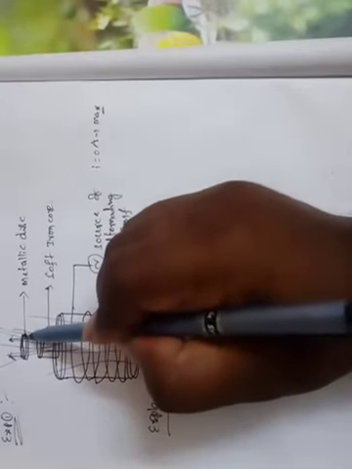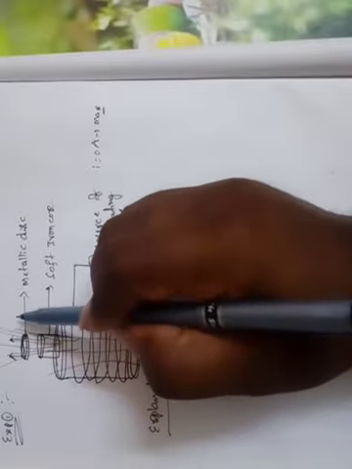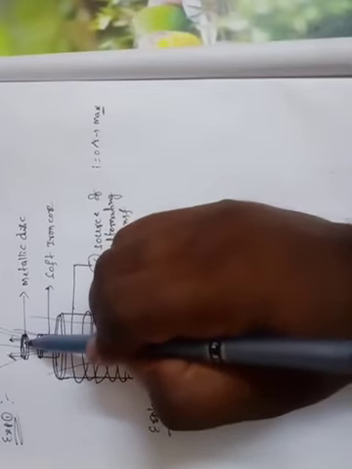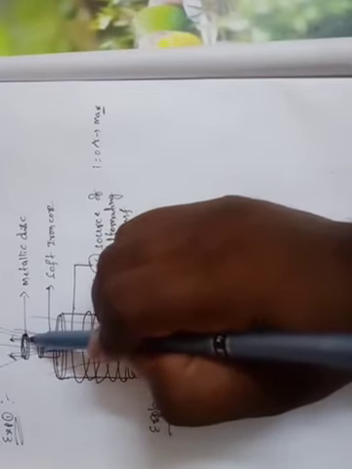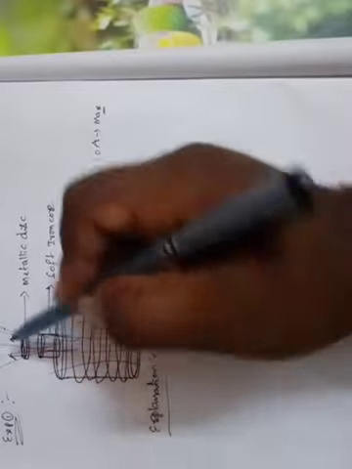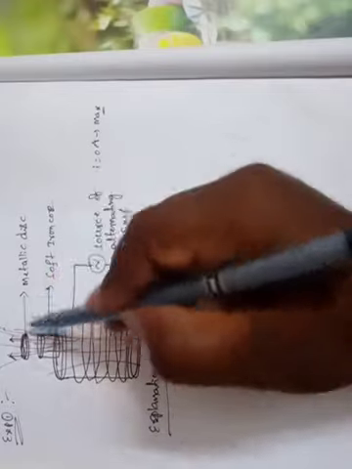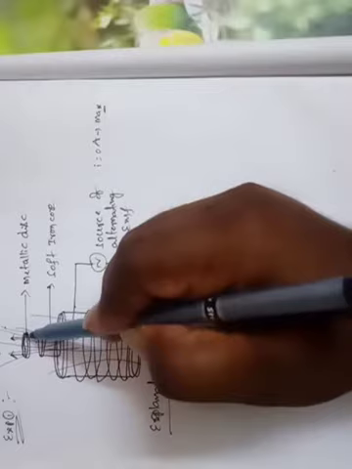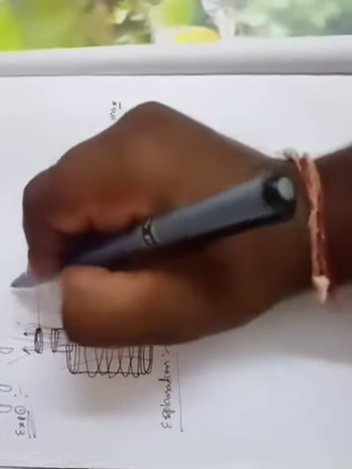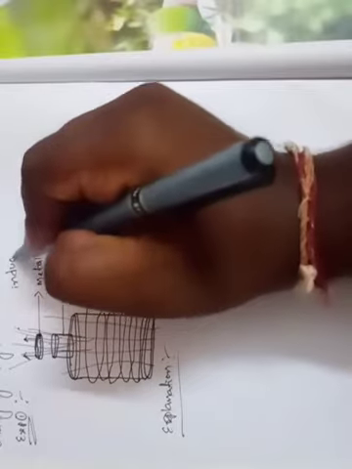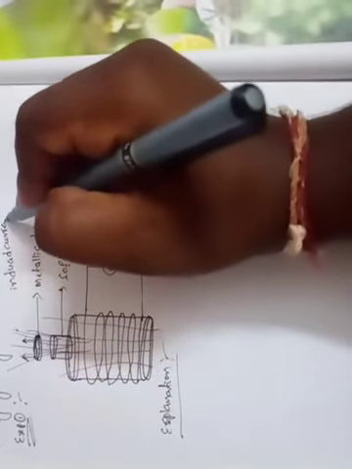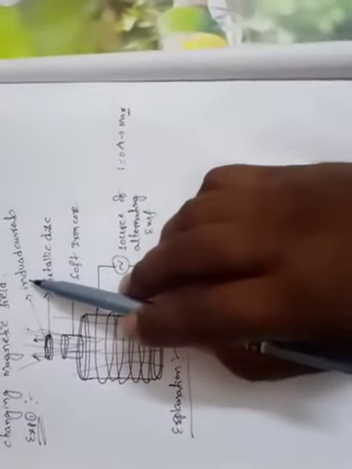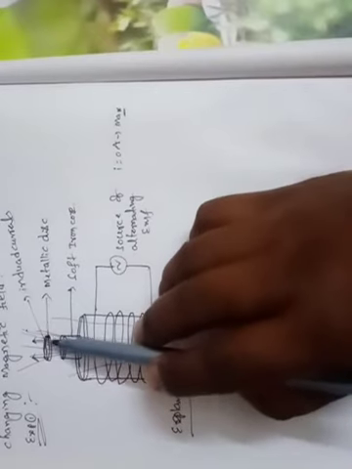Already we know, whenever the magnetic flux linked with a conductor, here we are taking the solid metallic disk, changes, the flux linked with this disk is increasing from 0 to maximum. Flux is increasing means flux changes. So whenever the flux linked with a solid conductor changes, automatically induced currents are produced. Those induced currents are in the form of eddies in this disk.